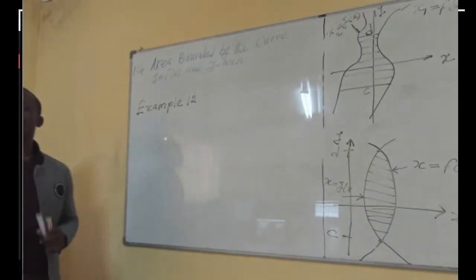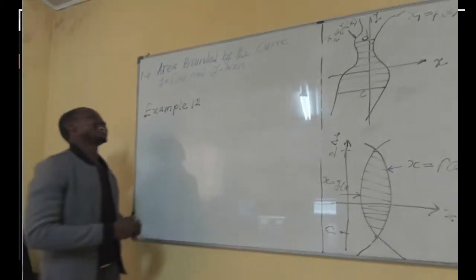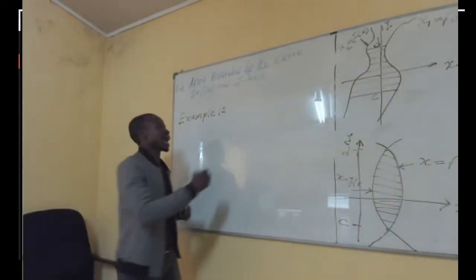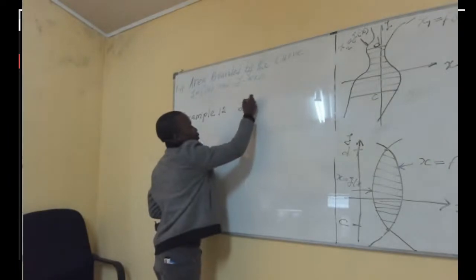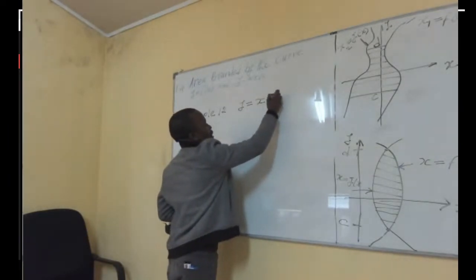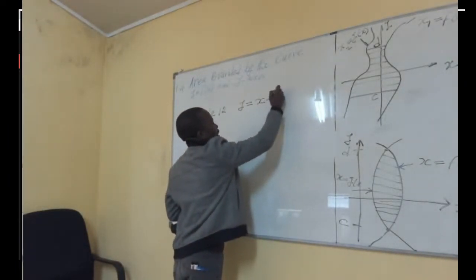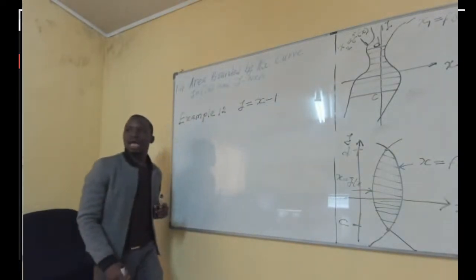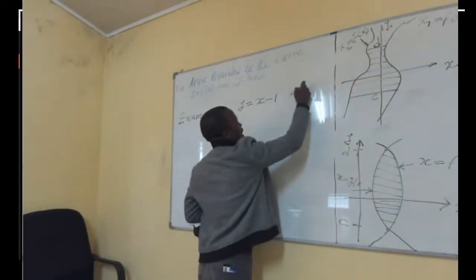This question says, find the area enclosed by the line y equal to x minus 1, and the parabola